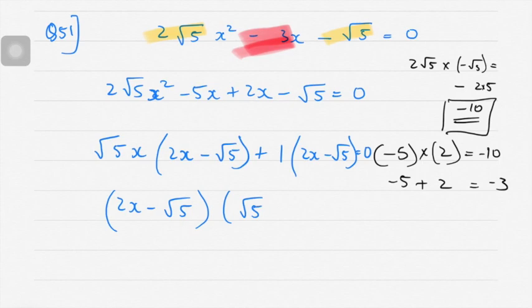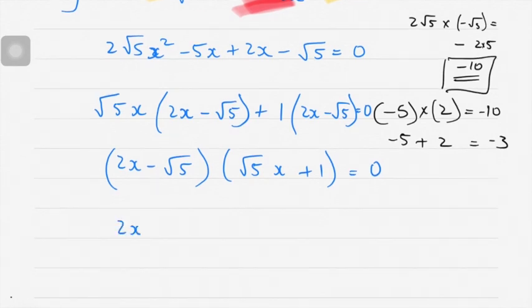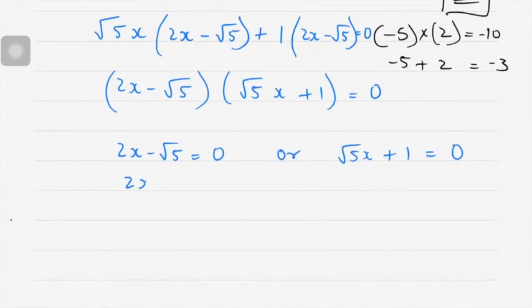So 2x minus root 5 and root 5 x plus 1 is equal to 0. So 2x minus root 5 is equal to 0, or root 5x plus 1 is equal to 0. So 2x is equal to root 5, which makes it x is equal to root 5 by 2,